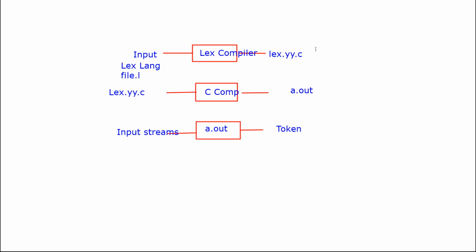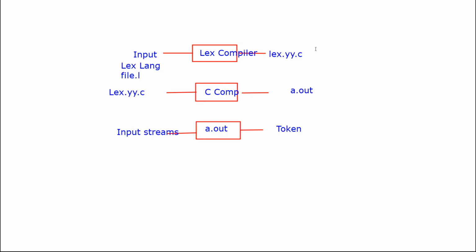Then the second step is the building of the lexical analyzer. The first step is called compilation of the Lex file. The second step is called building of the lexical analyzer. For the building, the C compiler is used. The input file is lex.yy.c and the output is generated as a.out. The a.out file is called the lexical analyzer. The third step is called execution of the lexical analyzer.